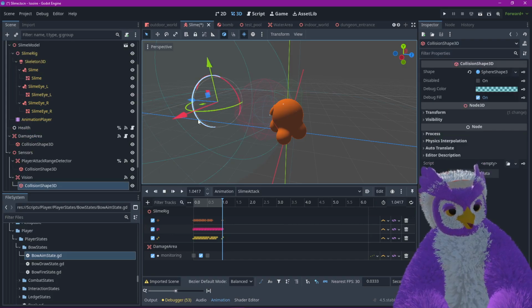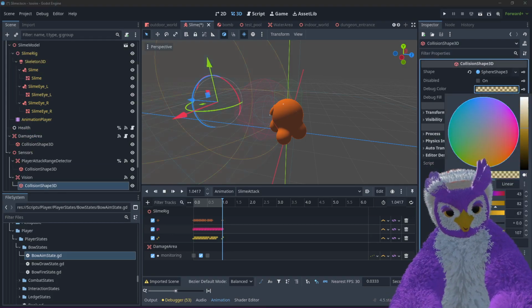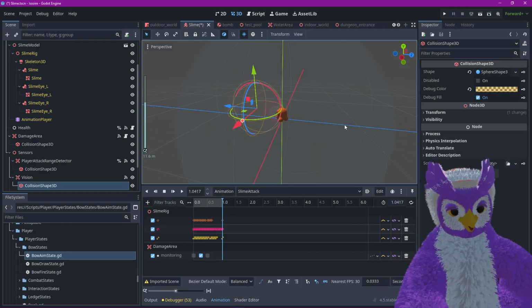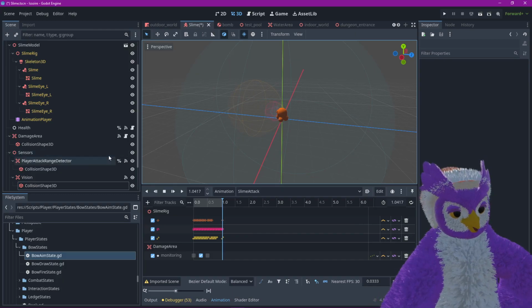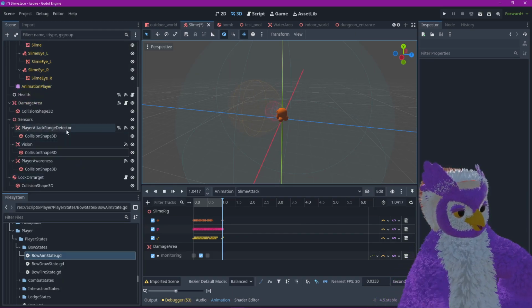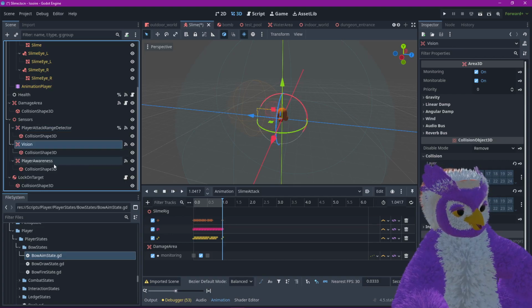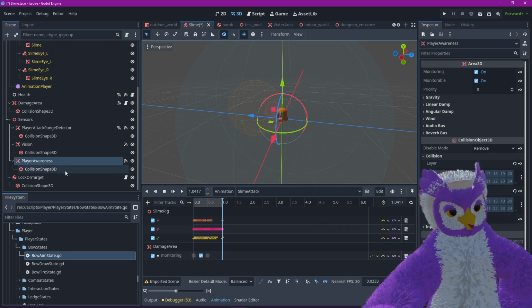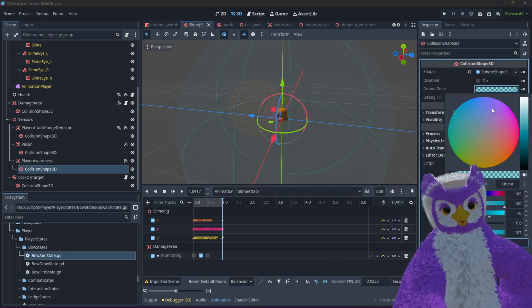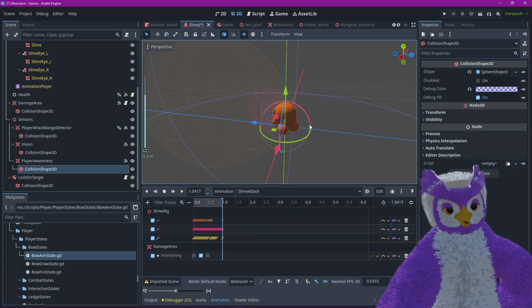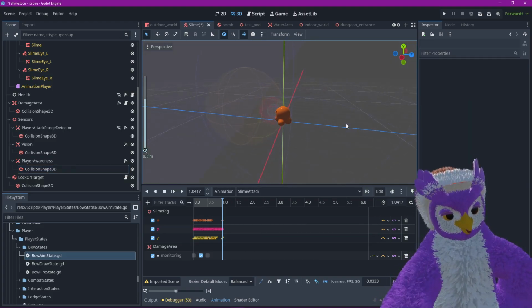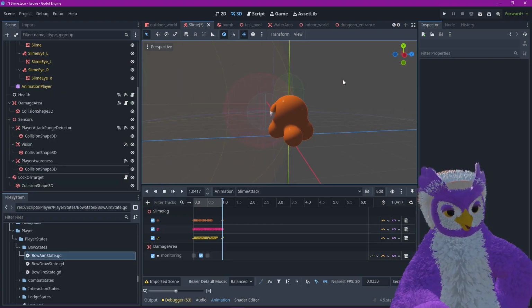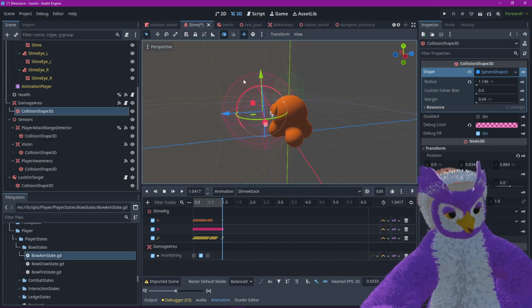And then this is... It's helpful to give them different colors so you can tell what's what. This is also air awareness. So this one,